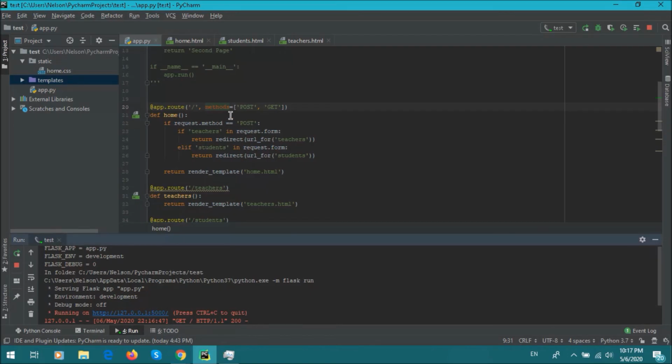Okay, so I'm going to click on the teachers button. And as expected, it showed me this teachers HTML page. Okay, so let's go back to the code and analyze what happened. So first, I was at my home page right here. So this is the route function of my home page. And before I even do anything, the application rendered this